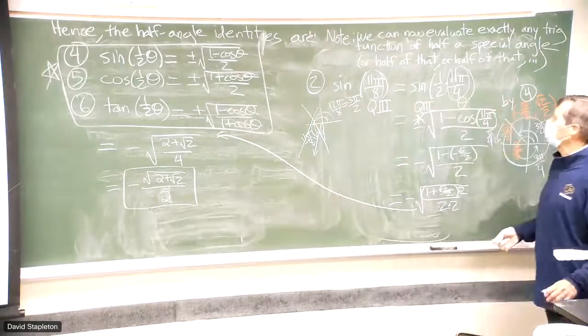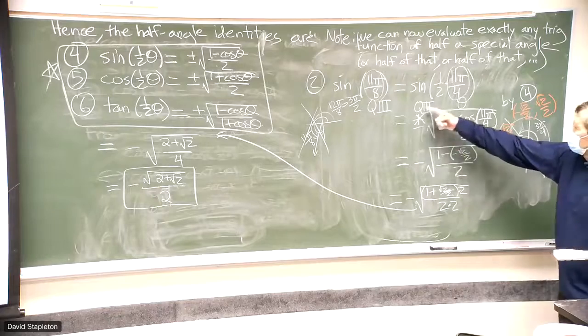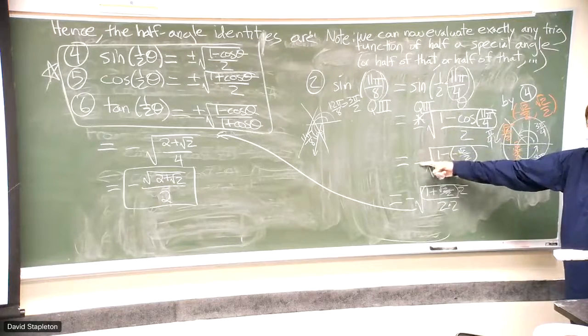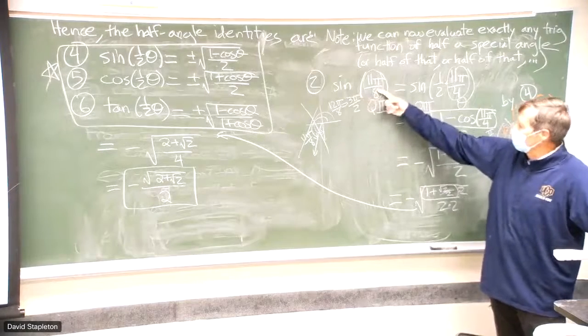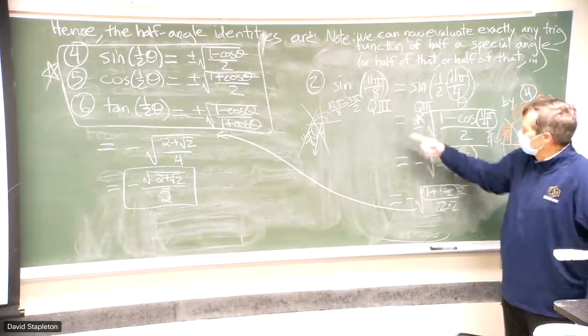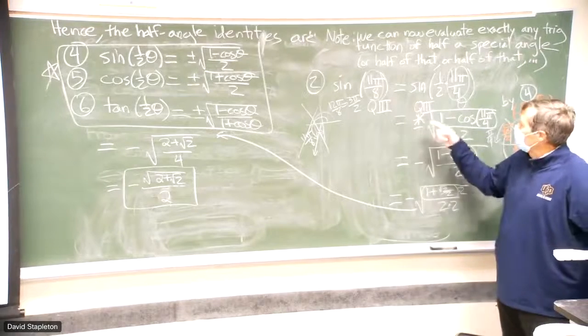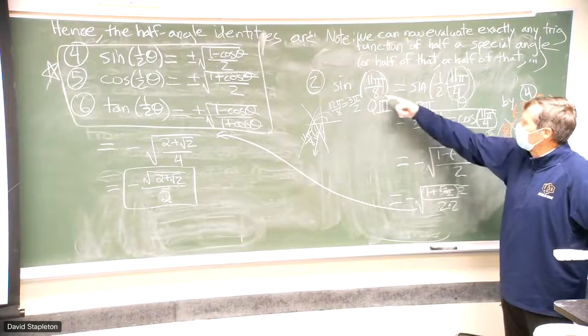There is exactly the sine of 11 pi over 8. What happened to the plus? Plus or minus. Quadrant 3. Oh, yeah, I took it off because I said quadrant 3, I'll get rid of it since we know it has to be. Since the original angle's in quadrant 3 and sine of an angle in quadrant 3 is negative, I changed it. For this particular angle, it becomes minus. So that's the idea. Depending on the angle you put in, it can be plus or minus. But once you know the quadrant, then you put the